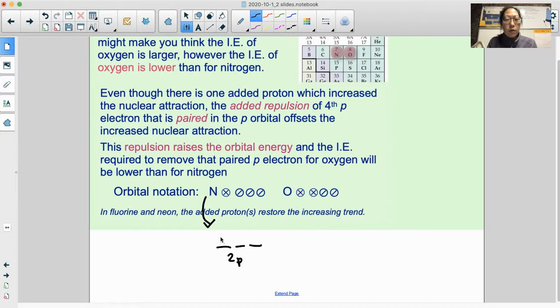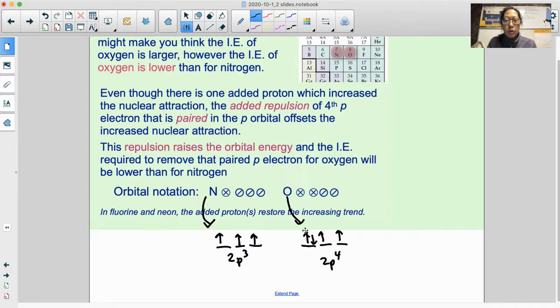For nitrogen 2p, we have 3 up arrows. For oxygen, we have 3 orbitals, but we have 4 electrons in the 2p. So we have 2p3 and 2p4. When you put that paired electron into one of these 2p orbitals,